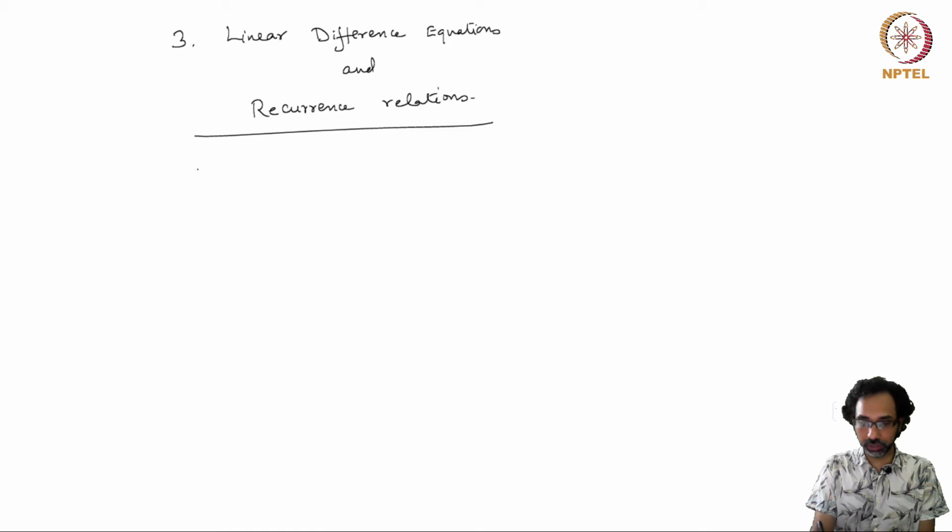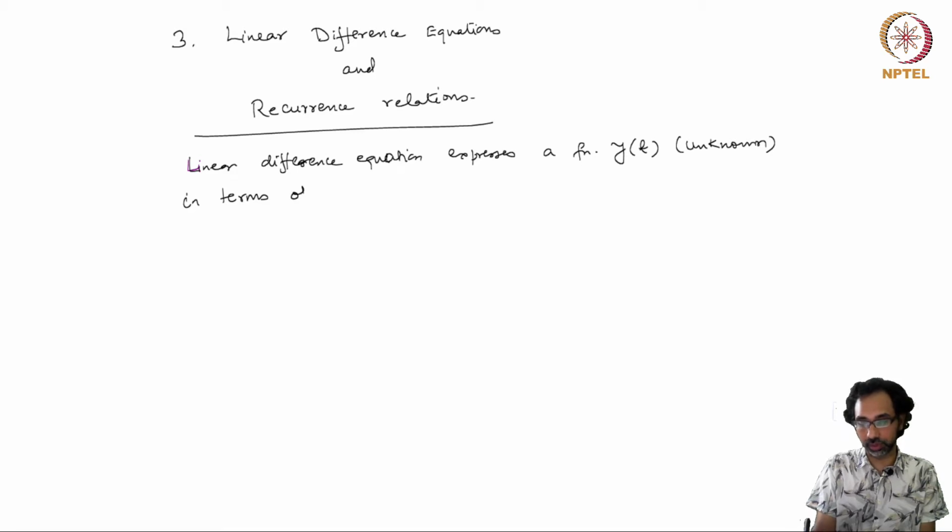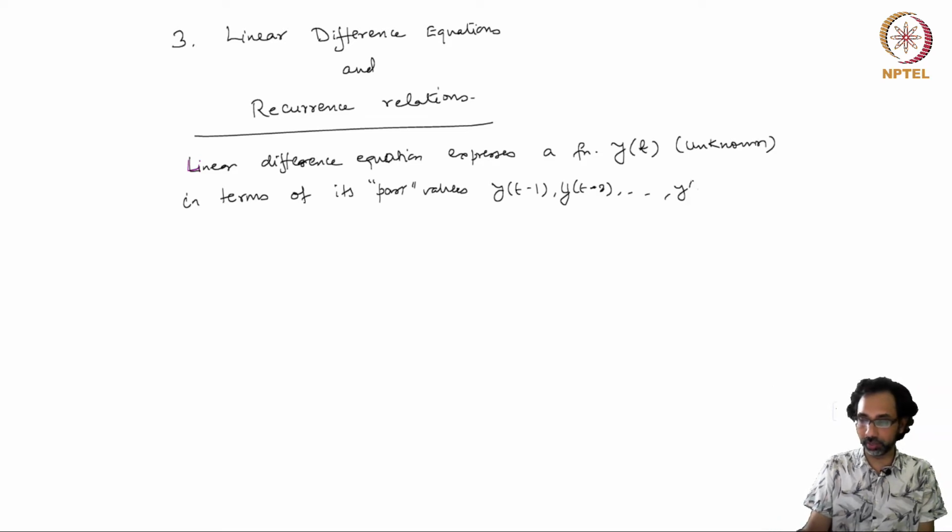A linear difference equation expresses an unknown function y(t) in terms of its past values y(t-1), y(t-2) and so on to y(t-n), and a known function,